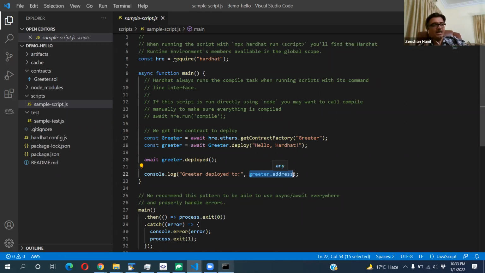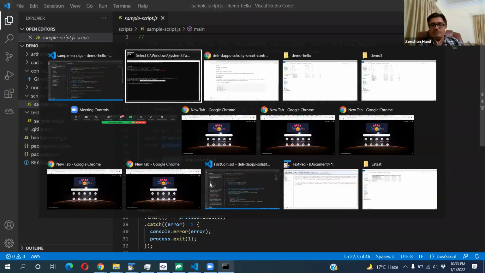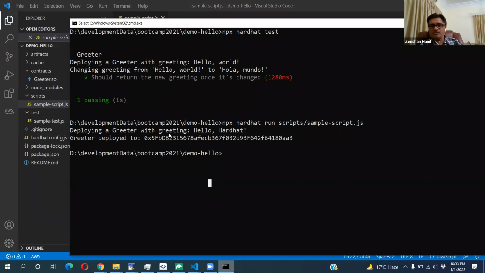So when our client will be talking to our blockchain, let's say a browser-based application, that browser-based application will need an address to talk to your smart contract. So that's the address we'll be getting. Whenever we deploy our smart contract, we get this address. But at this moment, Hardhat just created a temporary blockchain, ran the contract, deployed the contract, and killed the blockchain, and you have the address.